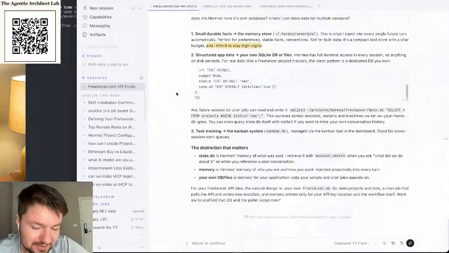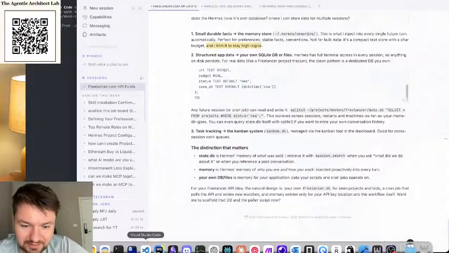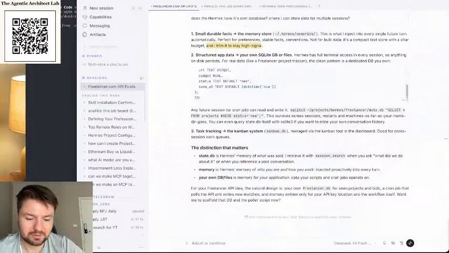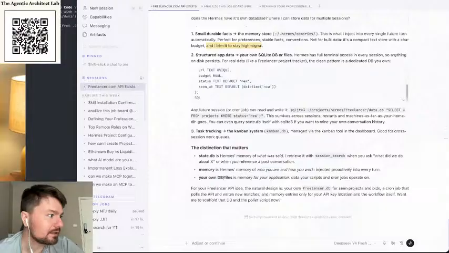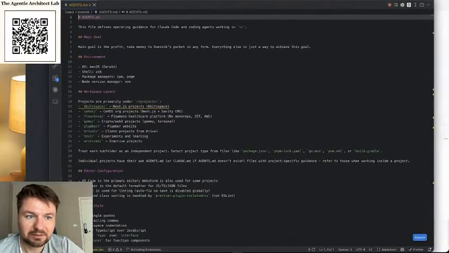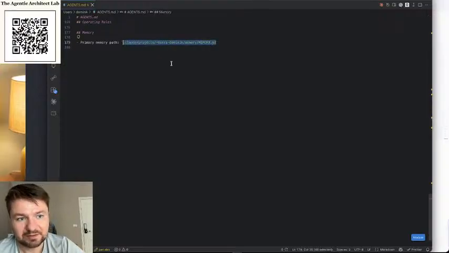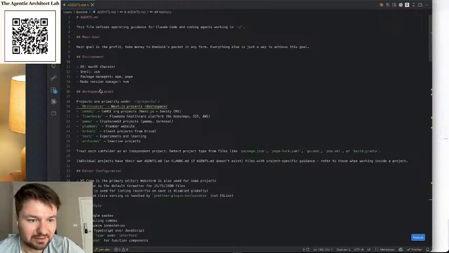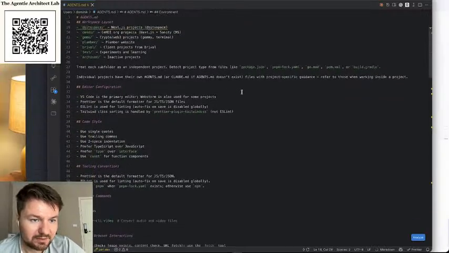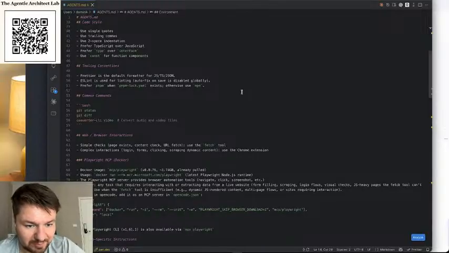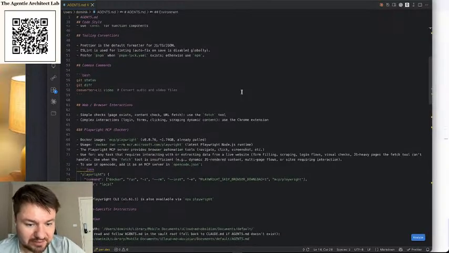And if something is really, my agents.md file is super lean, the main one, maybe I can show it. So-called agents.md. My file has 170 lines. Maybe there is something in the cloud's memory that can overwrite it, and I have my workspaces. By the way, I don't need this anymore. Yeah, editor configuration, my code style, tooling conventions, web browser interactions, my MCP, Playwright MCP, the Obsidian, how it's organized,